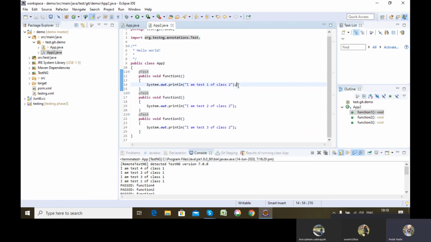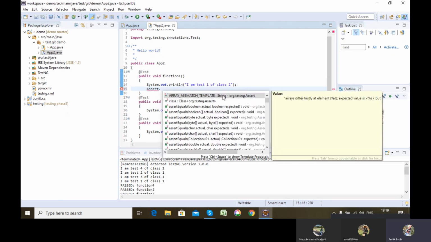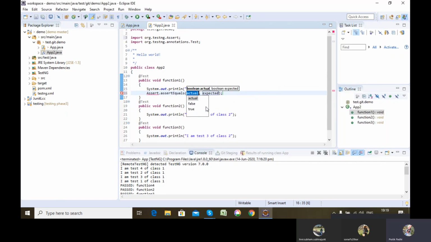See, I am just forcibly using the assert method to fail it. We'll learn it in later classes. Okay. You can check it out here.